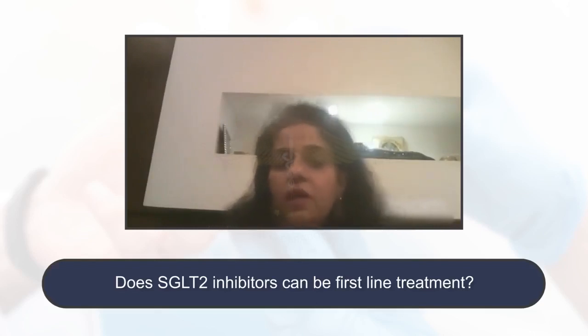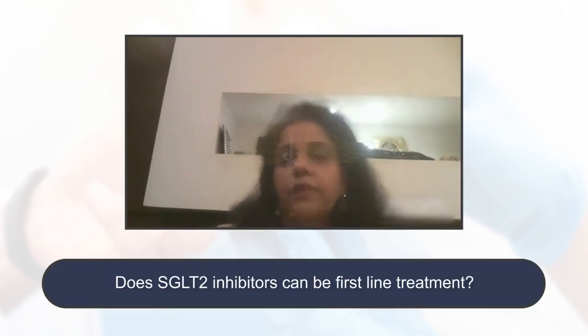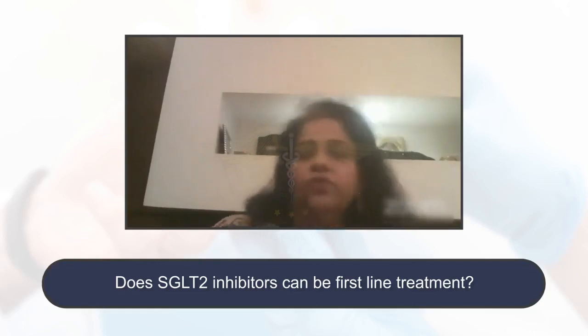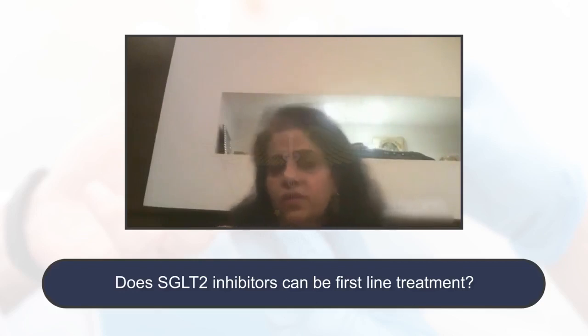Also in people who have lower urinary tract symptoms, for example, autonomic bladders, those who have urge incontinence, diabetic patients do have these symptoms. So we should be careful. Benign prostatic hypertrophy. So with SGLT2, you should know when not to use. That way DPP-4s are very, very placebo-like drugs. You can use them easily.